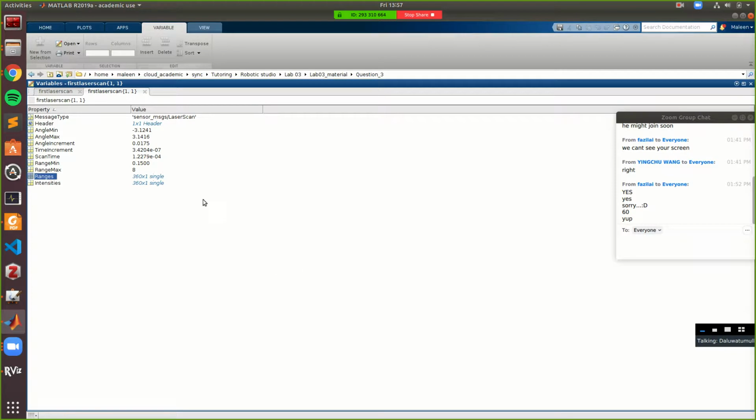Okay, and each angle increment is 0.0175. So for example, if you divide 2 pi by 0.0175, you get roughly 360, right? And also you'll have a minimum and maximum range of your laser as well, right? And each of those laser scans will have a small time increment between them that will go on, right? So what you will be getting then is,